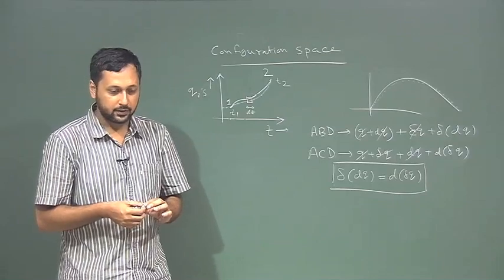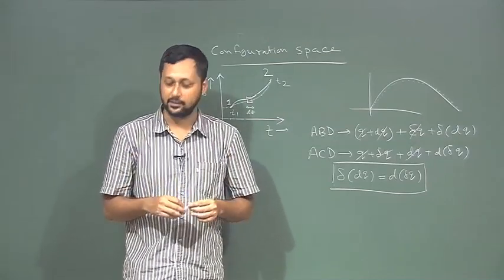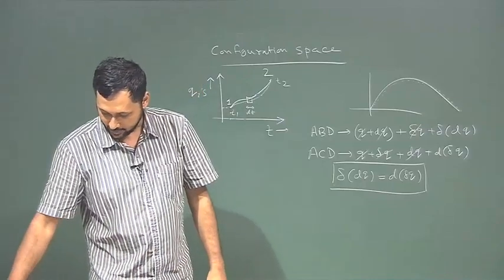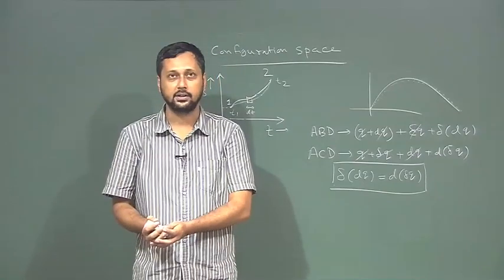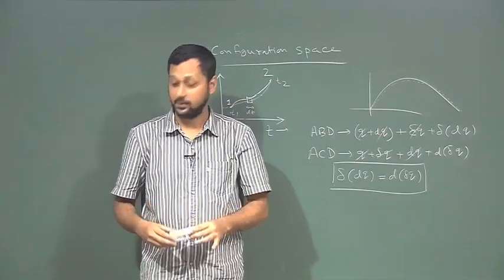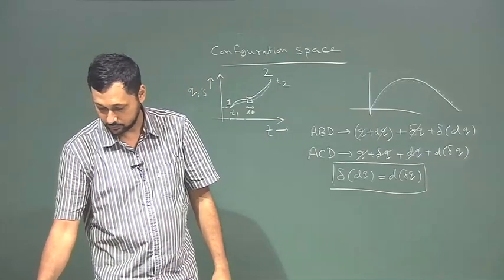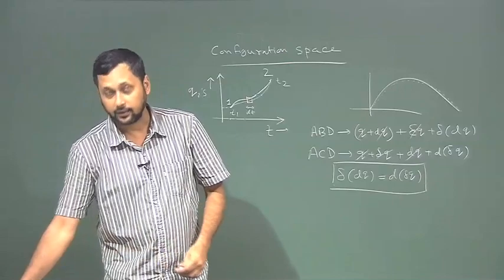So, the problem in a more physical manner is the following. I have an object in my hand, I drop it and I catch it here. What makes it travel in a straight line? You might say the gravitational pull, but that is not precisely the answer, because whatever path it takes while coming